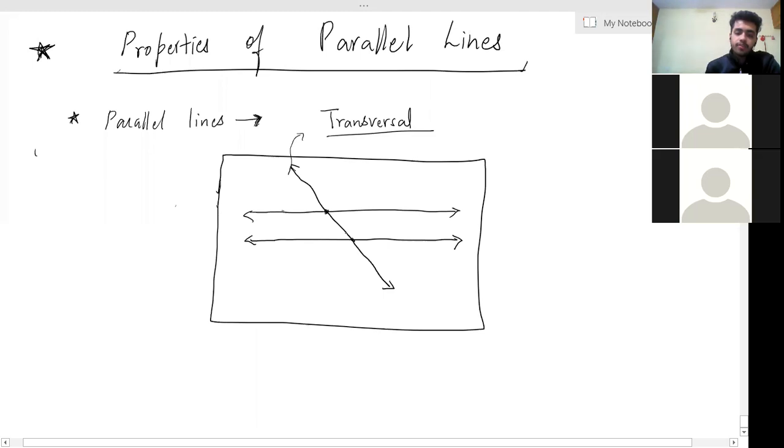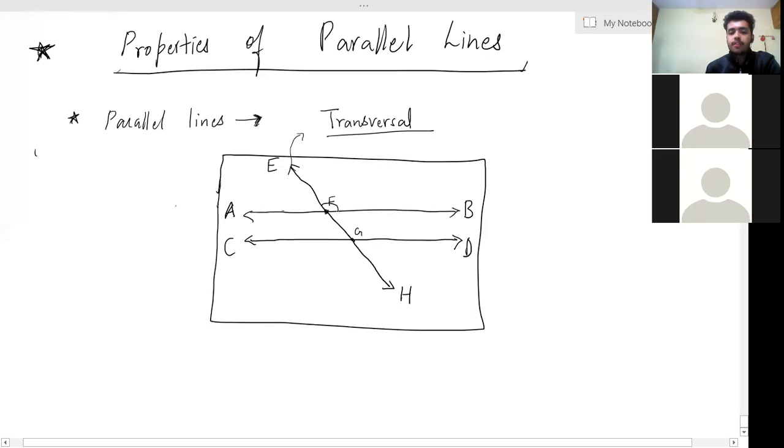So now, let me name this. Okay, this is A, this is B, this is C, this is D, this is E, F, G, H. Okay. These are just the names that I've given to the points. Okay. So now, there are some properties based on the angles that you can learn. Okay. First property is